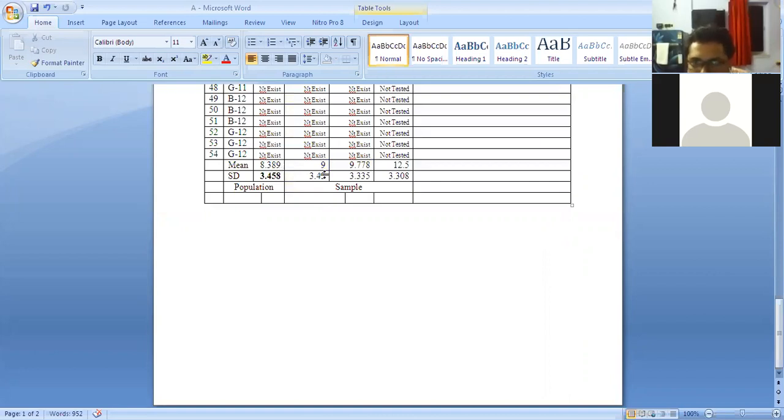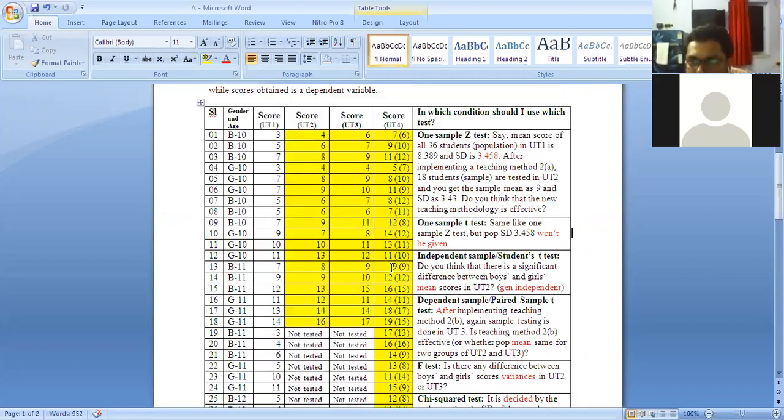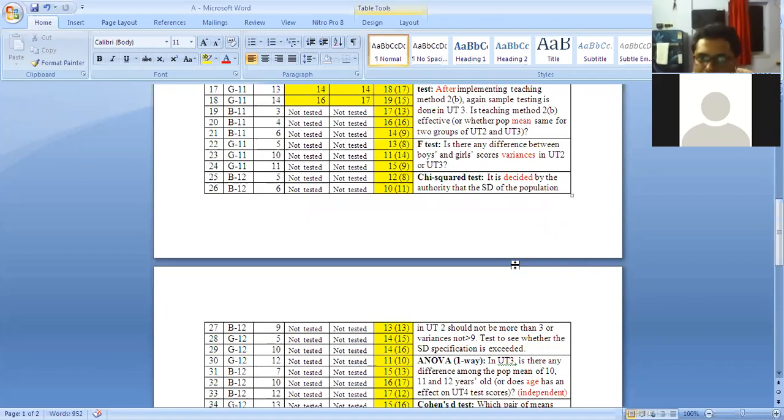The standard deviation that you have found, it is only for the sample. You have no idea about your population, but your problem is that you will conclude at the population level that whether your population standard deviation is exceeding the specified population standard deviation given by the authority. You are taking this decision only from looking at your sample level. Okay, so this is determined by the chi-square test. Okay, now I think it is clear.